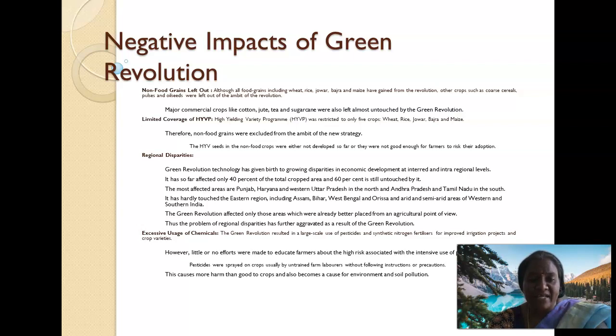Then regional disparities were also there. Green Revolution technology has given birth to growing disparities in economic development at inter-regional levels. It has so far affected only 40% of the total cropped area, and 60% is still untouched by it. The most affected areas are